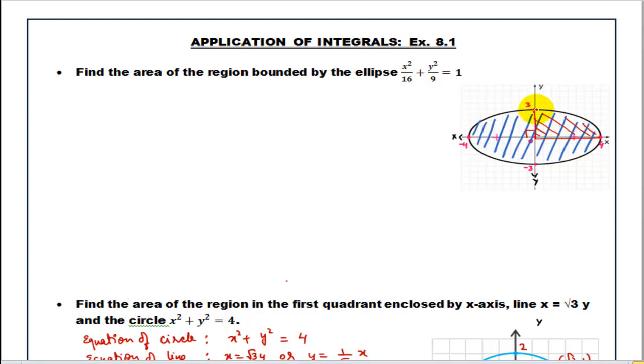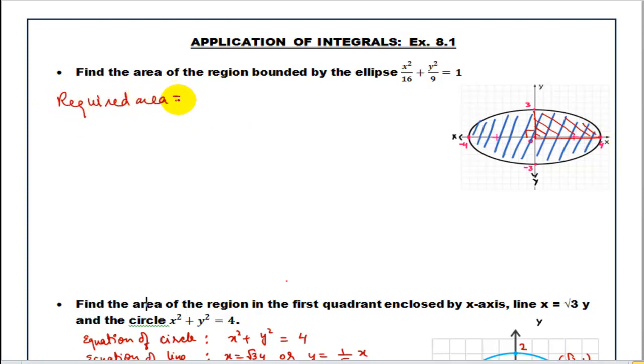Now if you see the endpoints of this part of the ellipse, and from these endpoints we drop perpendiculars on the x-axis, this perpendicular meets the x-axis at origin. The other end is already on the x-axis and it meets it at (4, 0). So from 0 to 4, we are going to integrate this curve. So required area can be written as